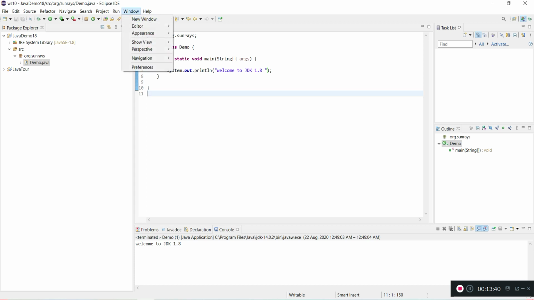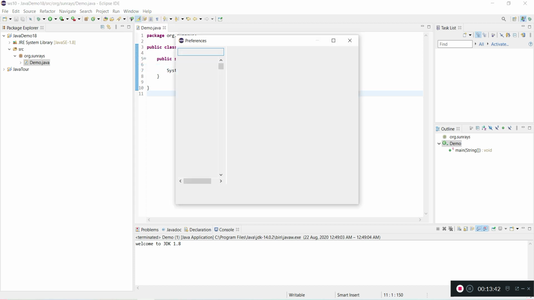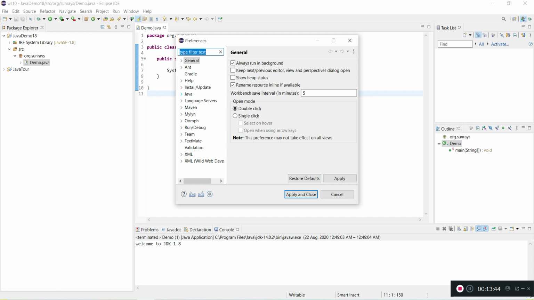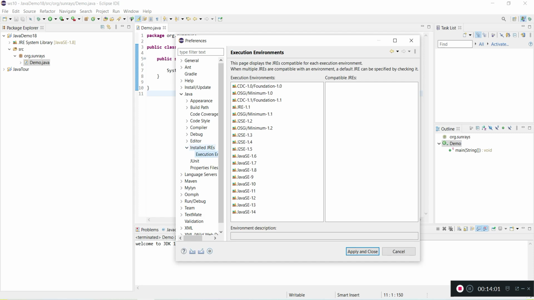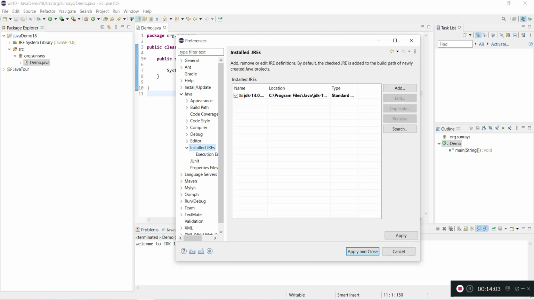So go to Windows, Windows Preferences and Java and Installed JREs. You need to check. Like we went from Windows Preferences, from Preferences go to Java and Installed JREs and Execution Environments. So let me go to Installed JREs. Here it is pointing to JDK 14.